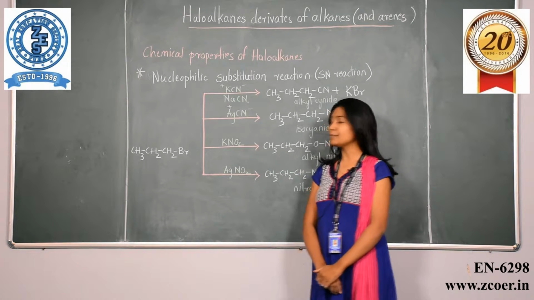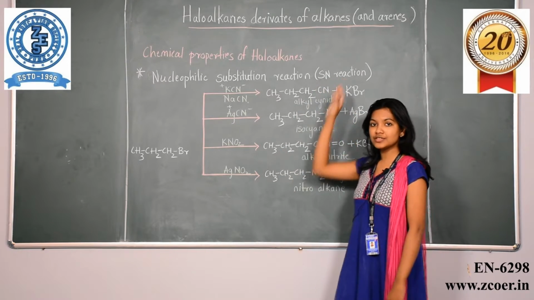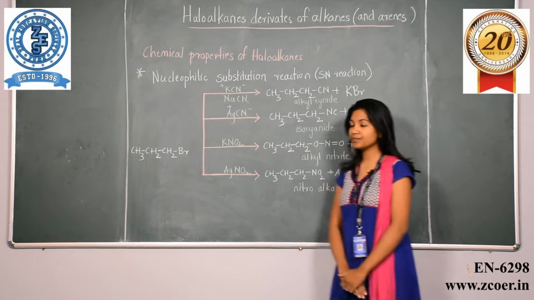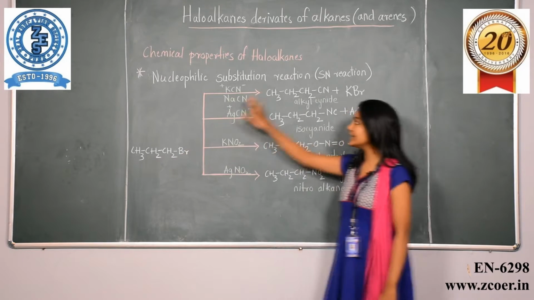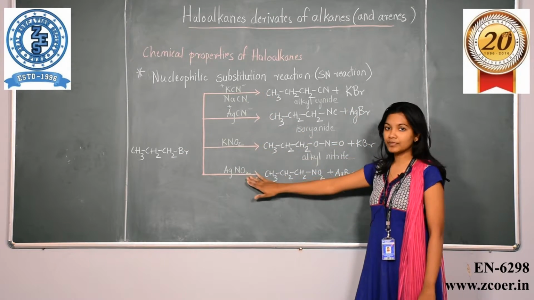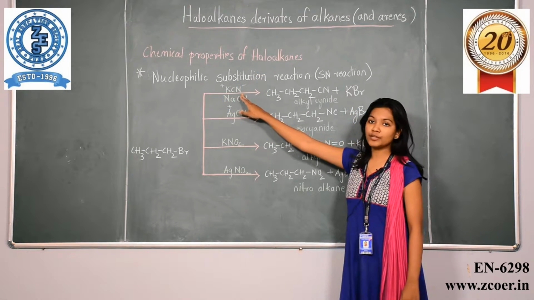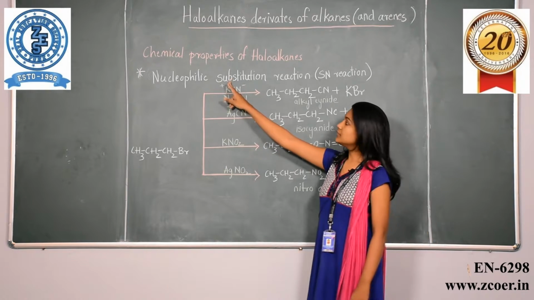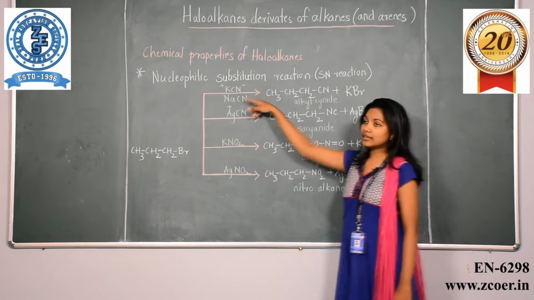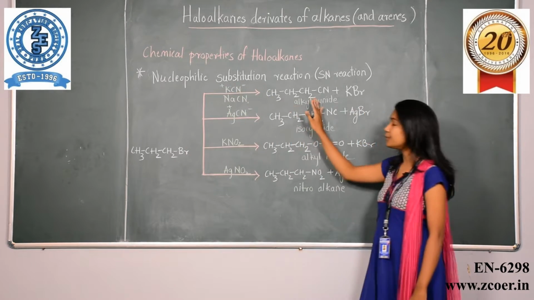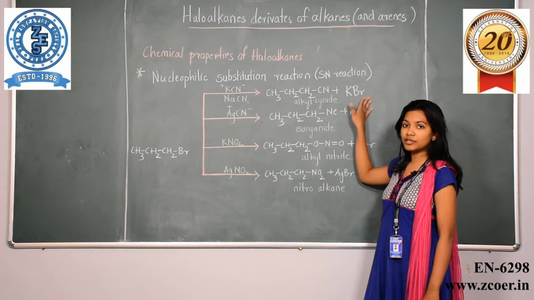Now we will see some examples on this nucleophilic substitution reaction as we have studied before. These reactions are also known as the SN reactions. For example, we consider propyl bromide. This alkyl halide, we are reacting it with a set of nucleophiles. Consider the first case where your nucleophile is potassium cyanide. The charge on potassium is plus whereas on cyanide is negative, as we know. So this undergoes a substitution reaction and the product formed is alkyl cyanide,